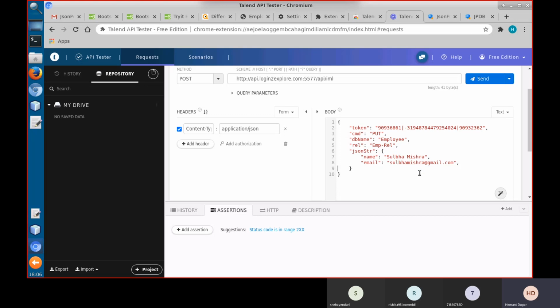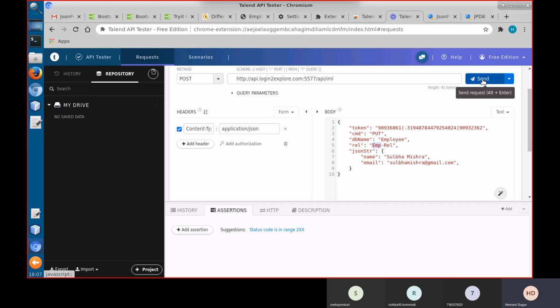The important thing to note is we don't have a database named employee. We don't have a relation named this. We don't have these columns. Normally in an RDBMS, you have to create this schema initially and then start entering the data. But here you are not required to create the database. The first request automatically creates the database.